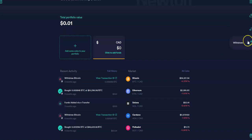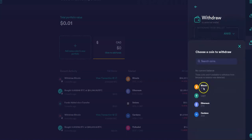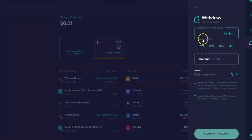And if you wanted to withdraw and take your funds, let's say you bought a bunch of Bitcoin, you could then say crypto to wallet. You could pick whichever one you had and click on it. And then, sorry, you would send your Bitcoin